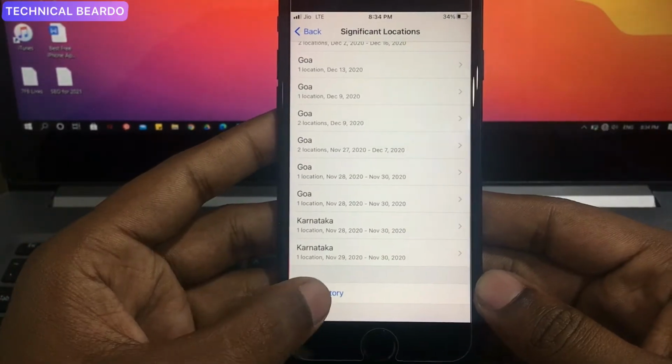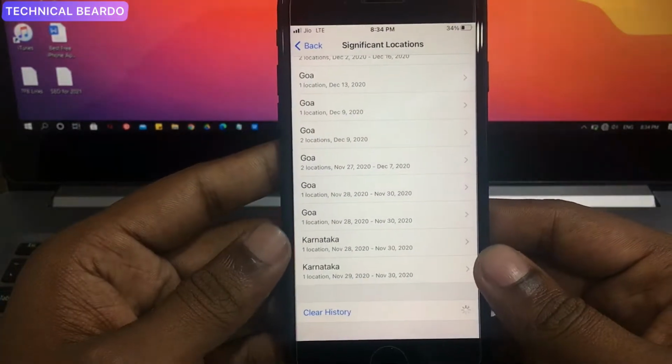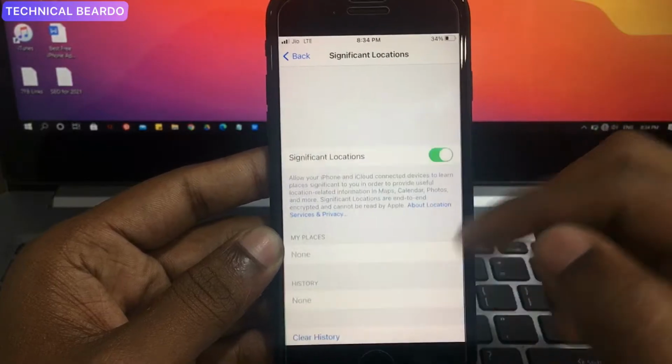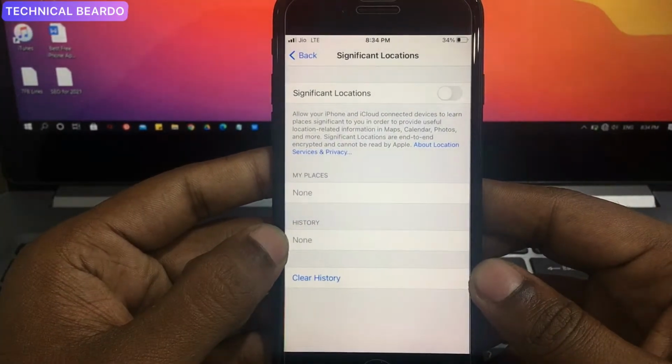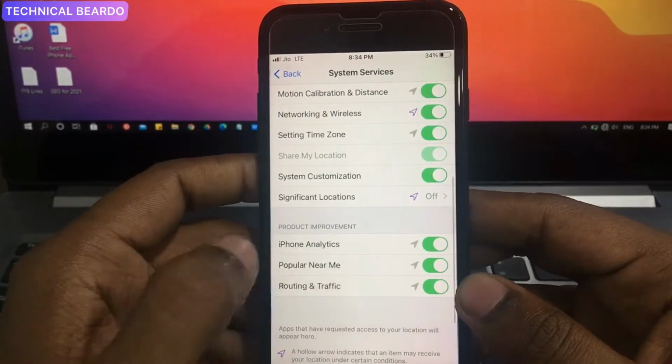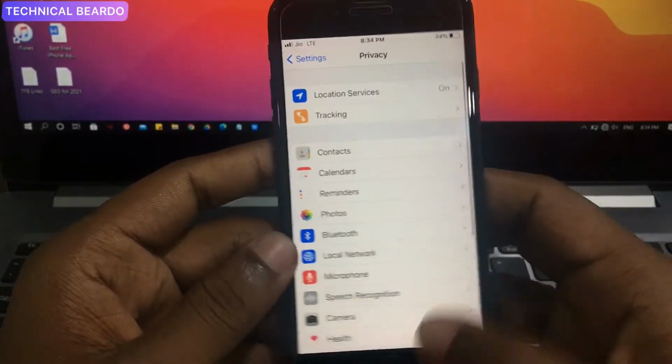So guys, by default it is turned on in the background. Whenever you buy a new iPhone or set up a new iPhone, it is turned on, right? And in the background it keeps on recording our location wherever we're traveling. So just manually go and remove that or turn it off and safeguard yourself.